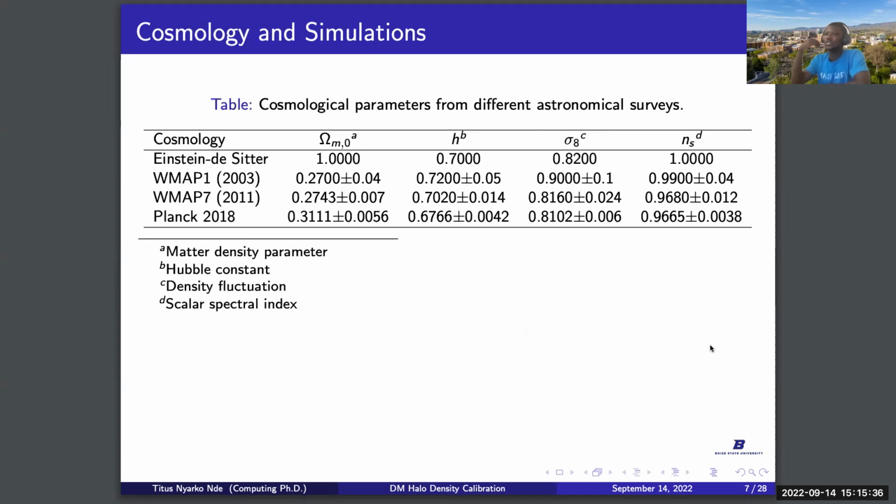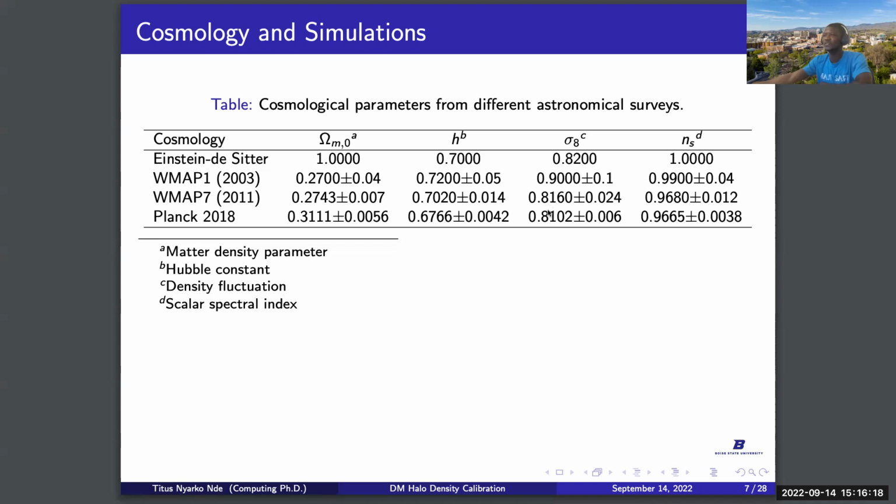Now, with all this in mind, we have several experiments that were performed, and sometimes varying results. Sometimes these results become so different that we can no longer ignore their differences. For instance, even for the same experiment, I give you the cosmological parameters for their year 1 results and that of year 7 results. For the density fluctuation, which we call sigma 8, we realize that there are significant differences between the 2 results, even for the same experiment.